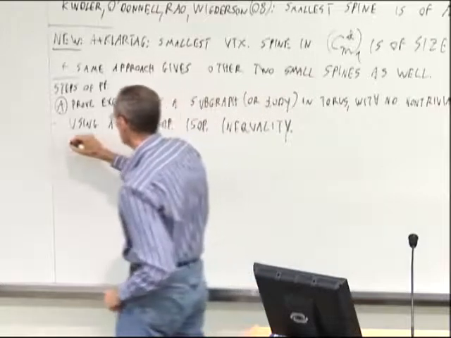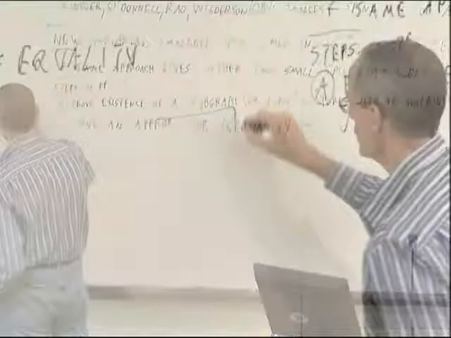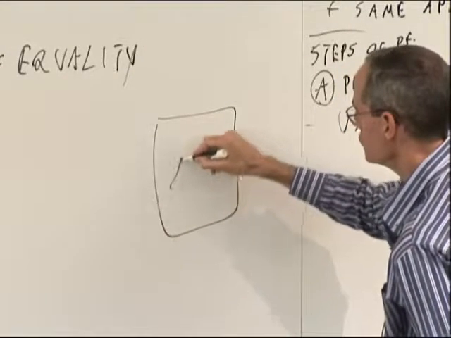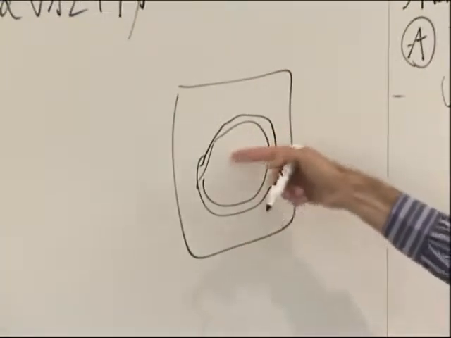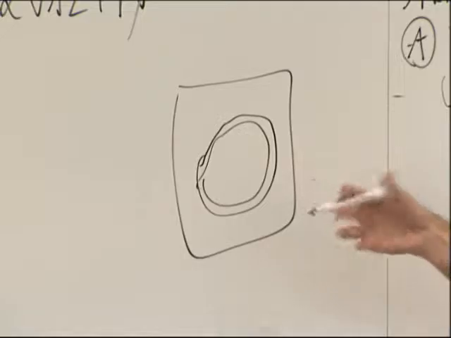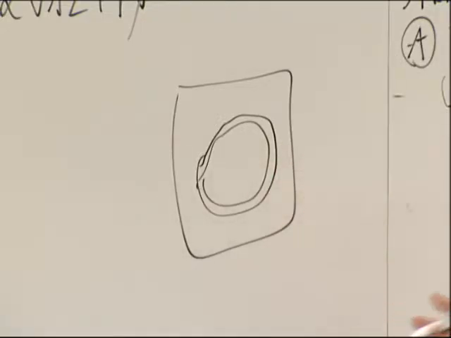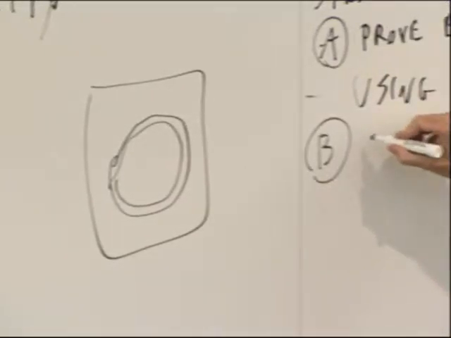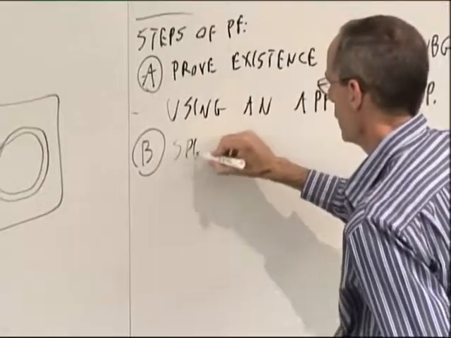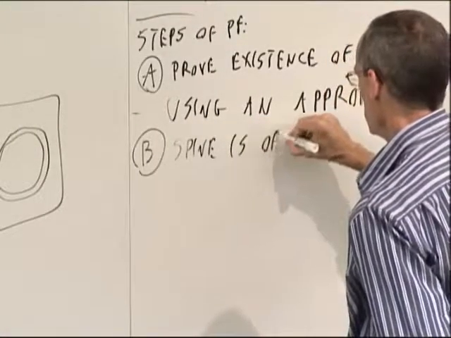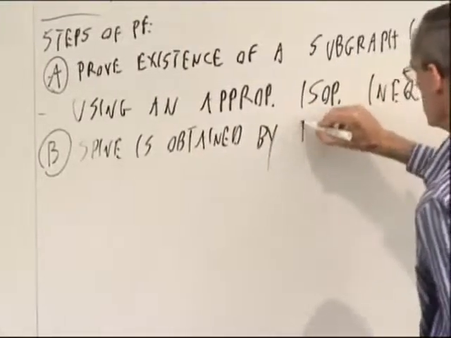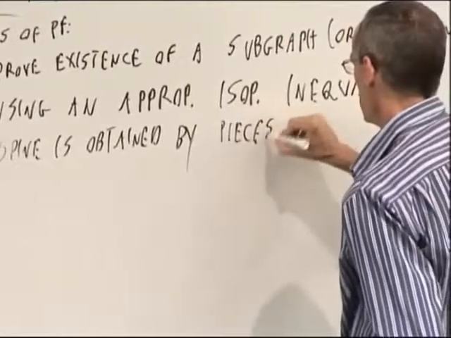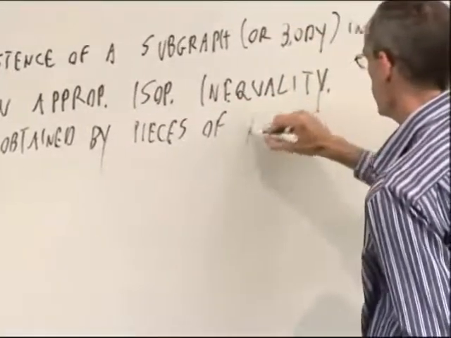And then the spine. So this means that we are somewhere in the torus, and we get some body inside it, and it has a small boundary. This is the boundary. And it doesn't contain any non-trivial cycle, but there is no spine here, right? So this will be step B, which will be simple. So I'll show you step B. It is that the spine is obtained by pieces of random shifts